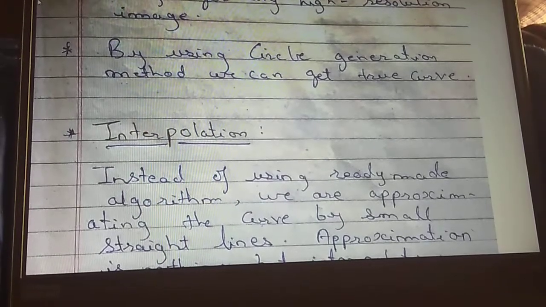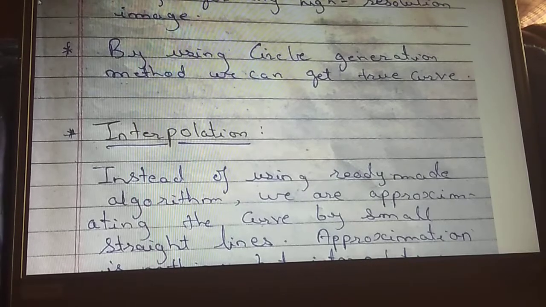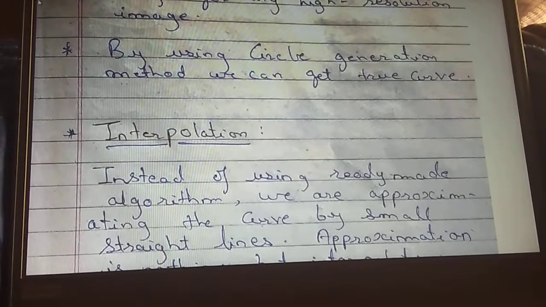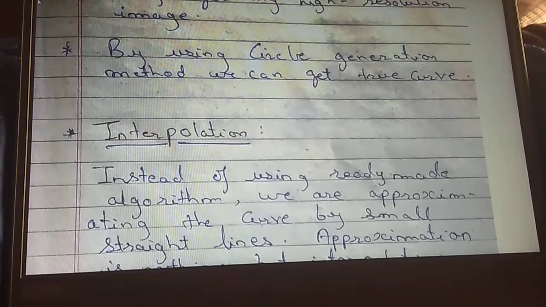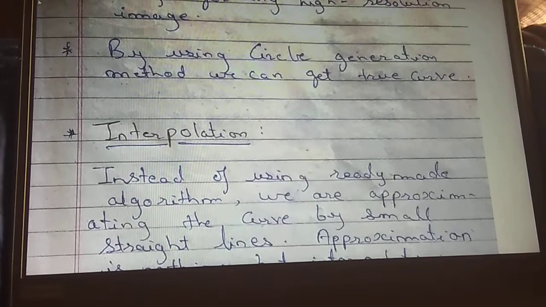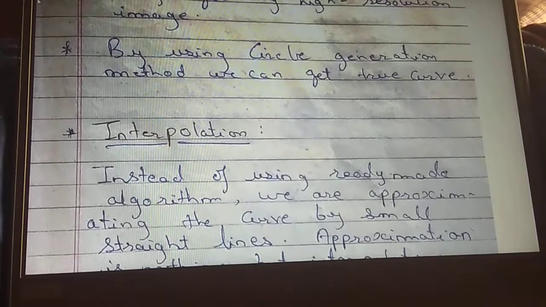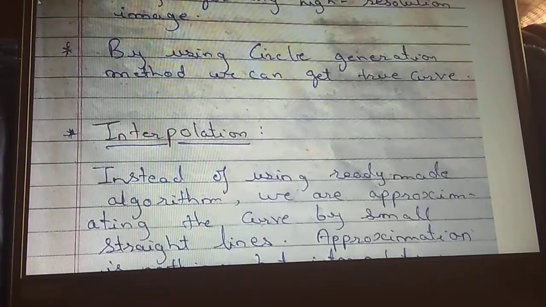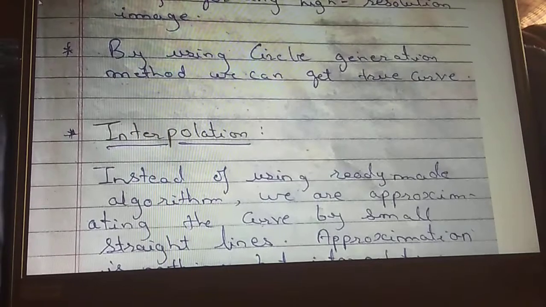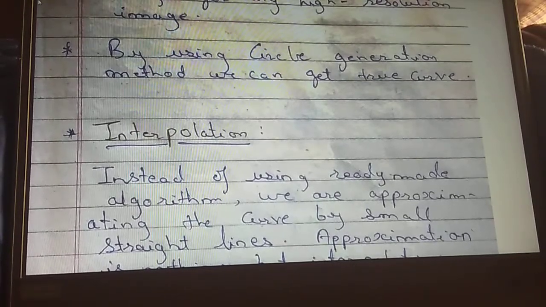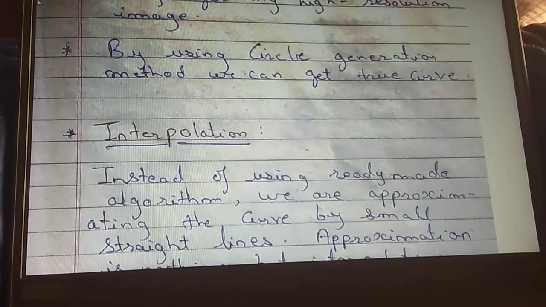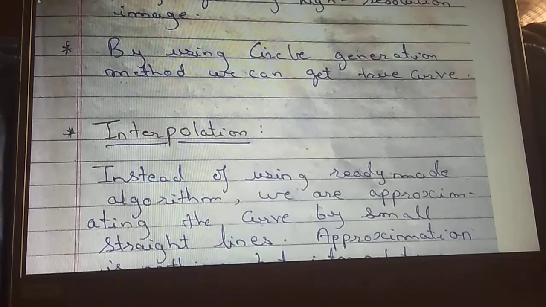Now when we are using any circle generation algorithm, we should not use the symmetry property of the circle, right? Because here we have to plot only some part of the circle. After finding any particular point on the path of the curve, we have to plot only that point, and we should not replicate it in the remaining quadrants or octants. So by using either the curve generation or circle generation method, we can get a true curve, but this method also has some drawbacks,